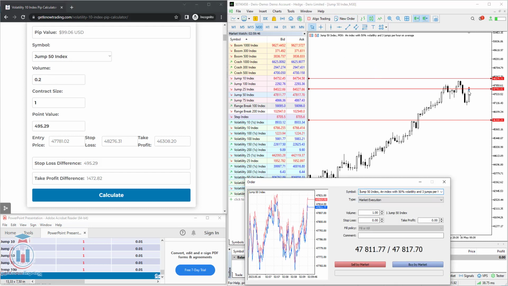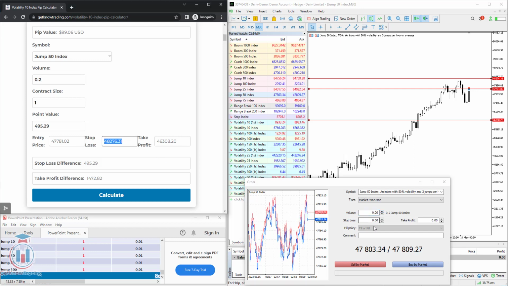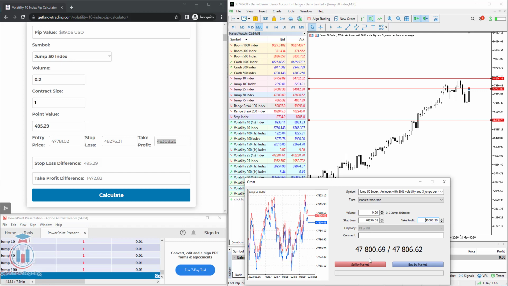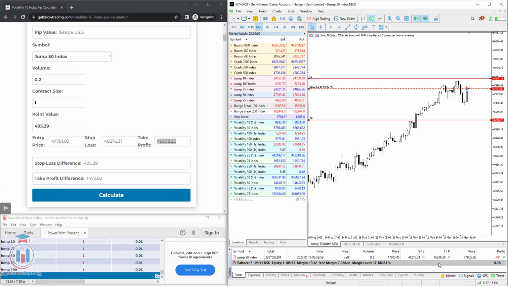It will be a sell order because we are expecting the price will go down. So let's change the volume to 0.2. Copy paste stop loss, take profit, and click sell. We have new order open here. Let's put the new entry price for 7803.45. Click calculate,